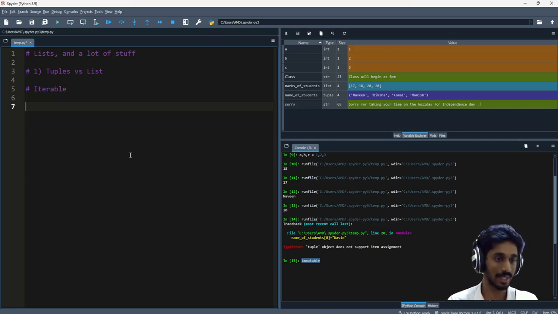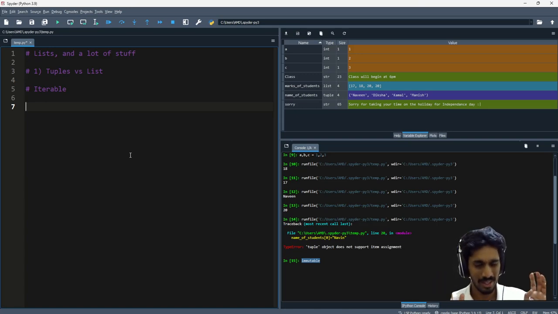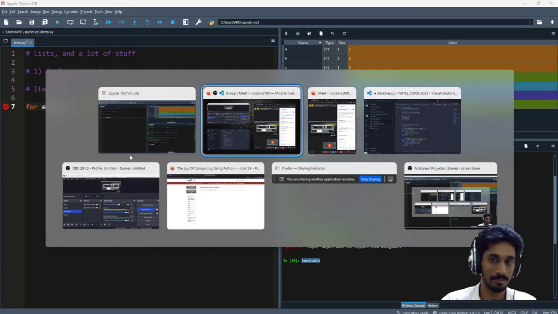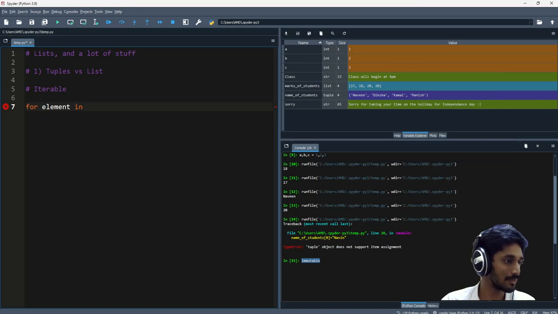You can even generate your own iterable, but the easiest way to see what an iterable does is to look at what does an iterable mean? It means it can be iterated over, right? And what's the one thing in Python for iteration? Loops, the for loops specifically. So I can do for element in,